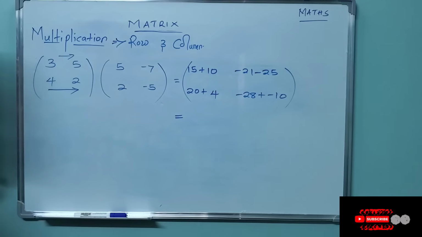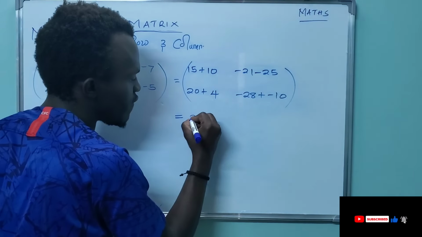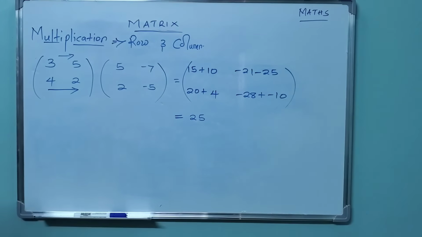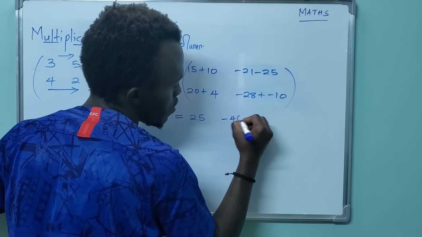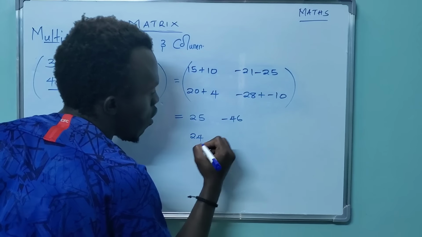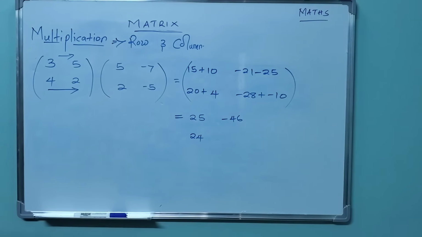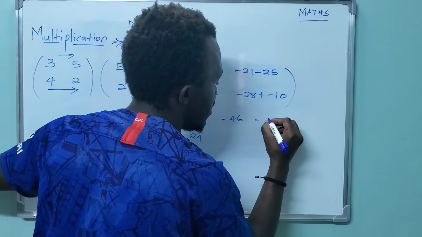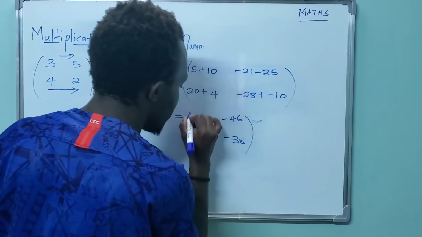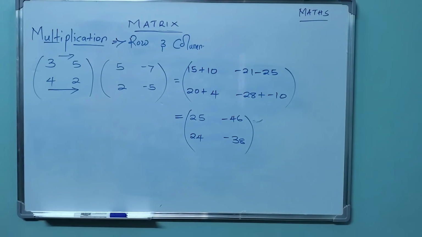Then now we add, what am I going to have? 15 plus 10, that is going to be 25. Then -21 plus -25, that is going to be -46. Then 20 plus 4, I'm going to have there 24. Then -28 plus -10, that is going to be -38. And that is going to be the product between those two